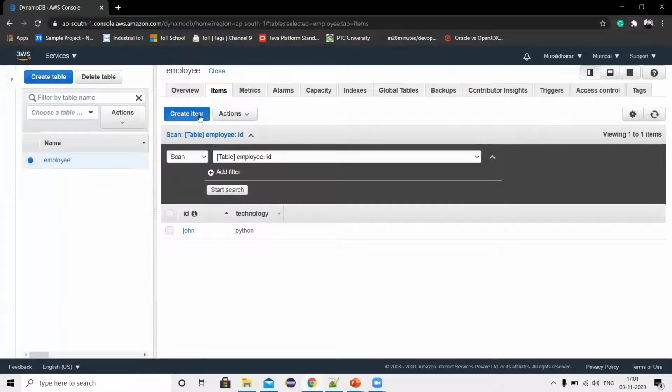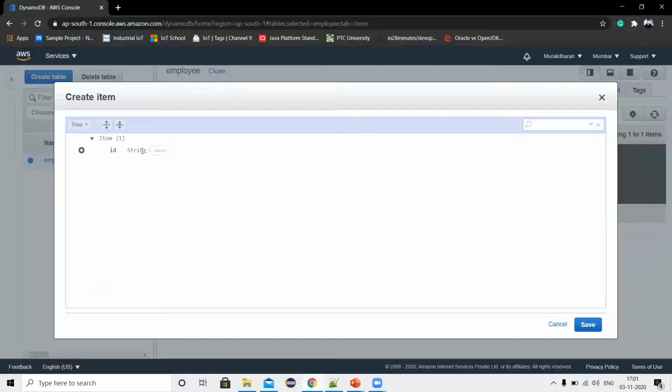Again, create an item with ID Raj, click the plus icon, append string, technology, Java.